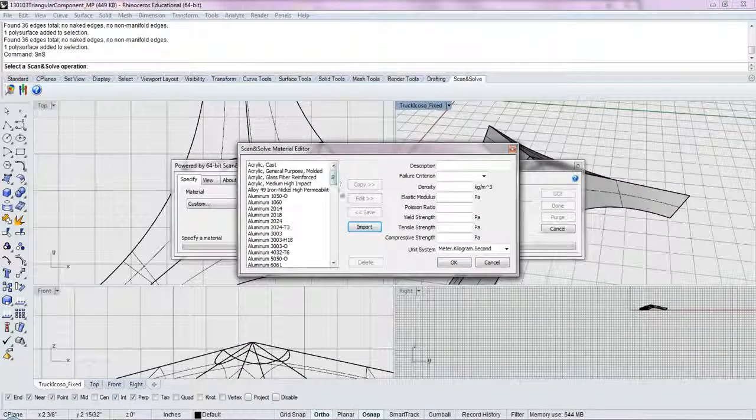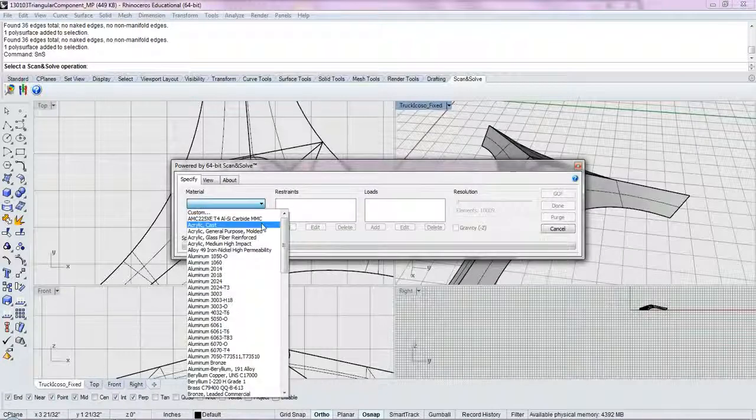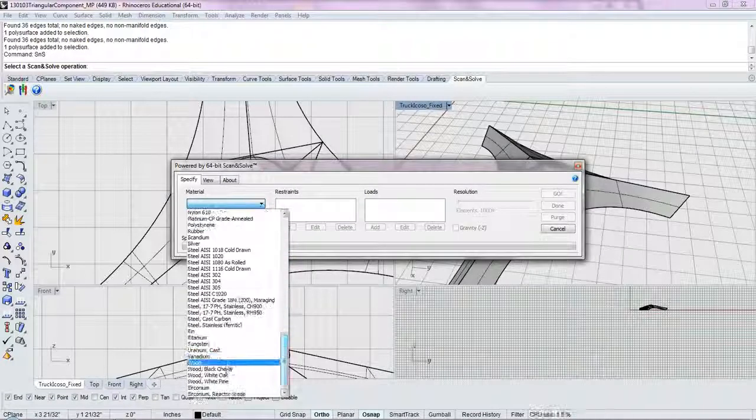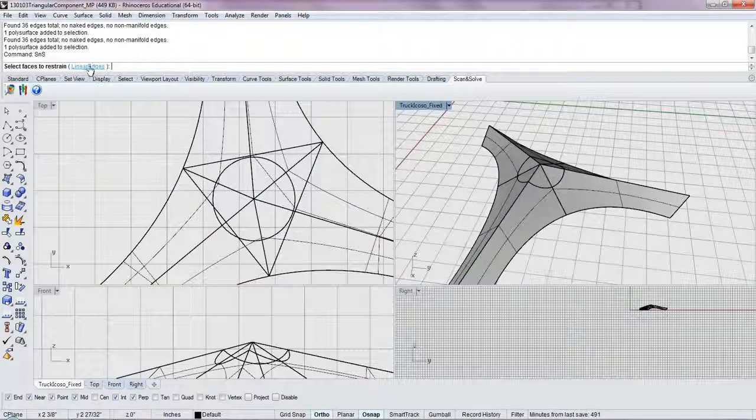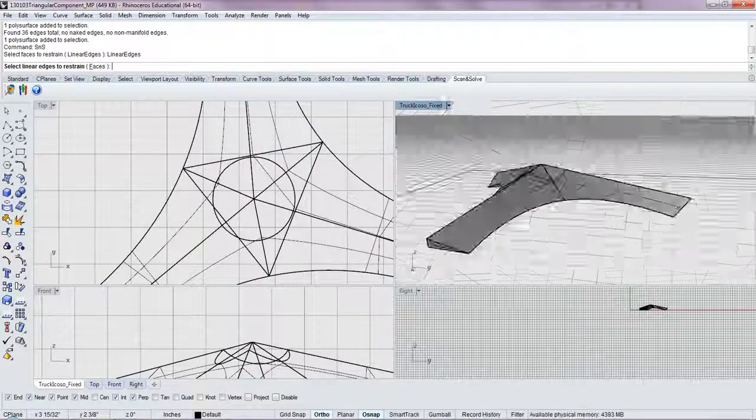Once it's loaded, you will see that in the drop down you'll have wood options: wood, black cherry, white oak, and white pine. We're going to go with the white oak for today. And then we're going to add some restraints along the edges. If you click here, you can add it to a surface or an edge, and we'll do the edge condition